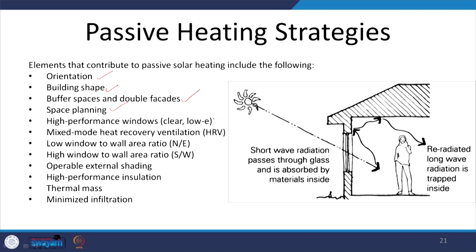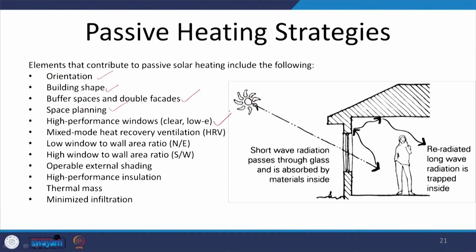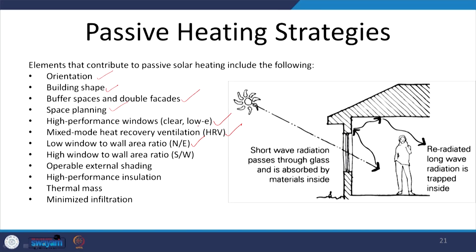The spatial planning, here in current times the material of the fenestration such as high performance glass, the low E glass is also preferred. If we are talking about the active side of it, we may talk about the heat recovery ventilation, where before the air is ventilated out, the heat is recovered from the exhausting air. Low window to wall area ratio, where we are talking about the small size of the openings, and high surface to volume ratio. We are talking about the operable external shading as a passive heating strategy,